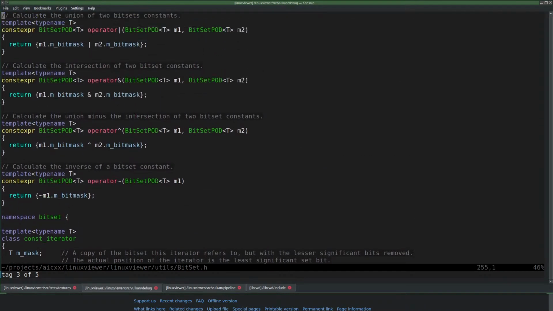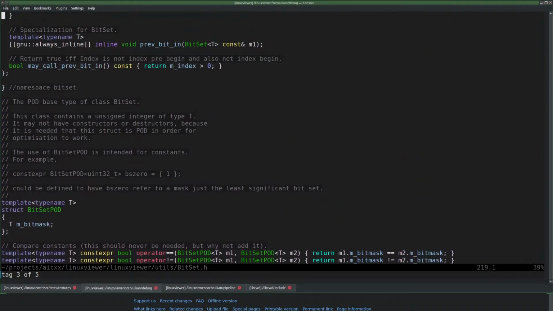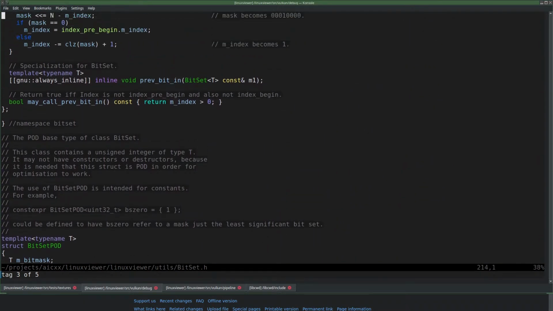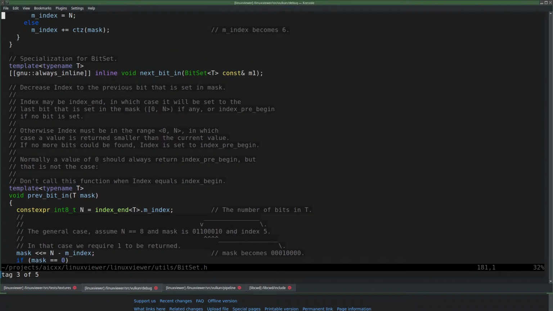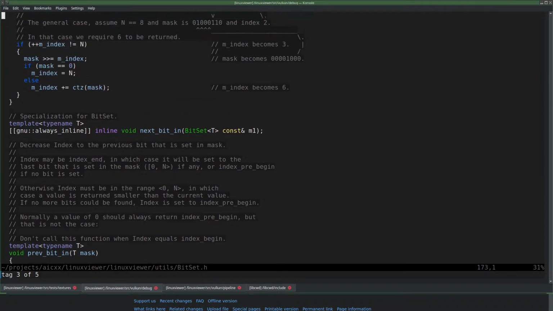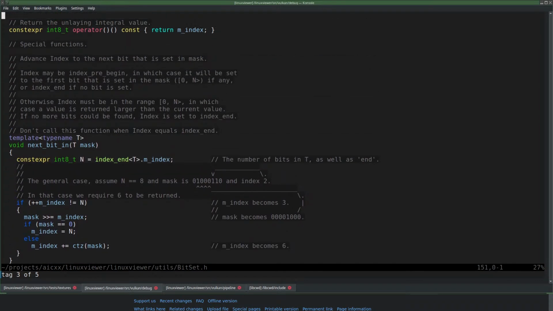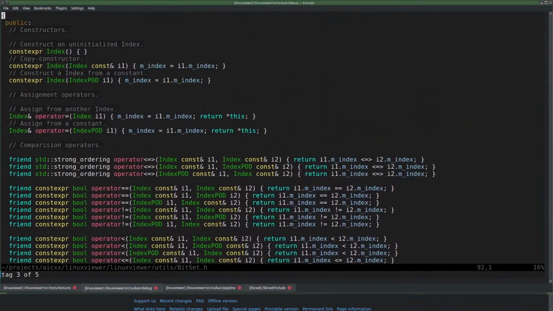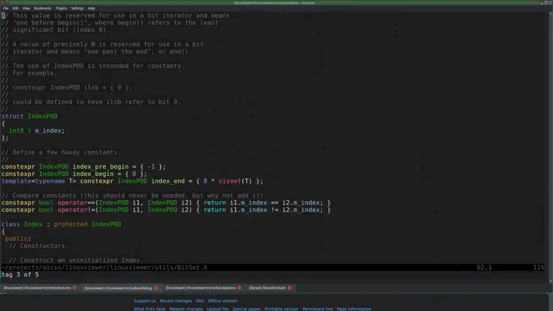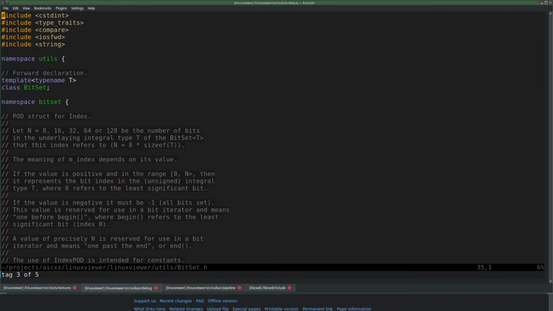How do we run over all bits? Previous bit in, decrease index previous bit. Next bit in. Would be really nice if they had an example. Doesn't look like it. Nope. No example with for.